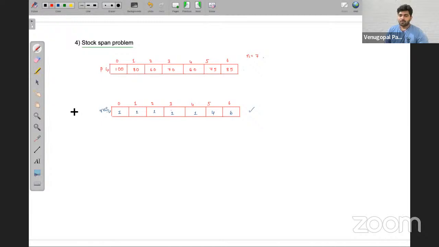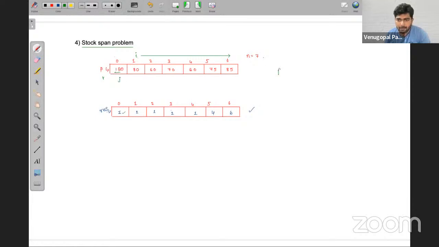Now, how can we solve? One simple brute force approach is to take two loops. Maybe you take value I, you can start I from here, because for the first day, no need to check. Why? Because for the first day, there is no previous day. Therefore, you can directly take its value 1. Next, you can run I from 1 to the last element. Then you can take J value 1 day before.